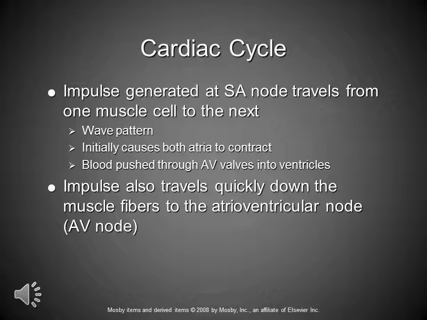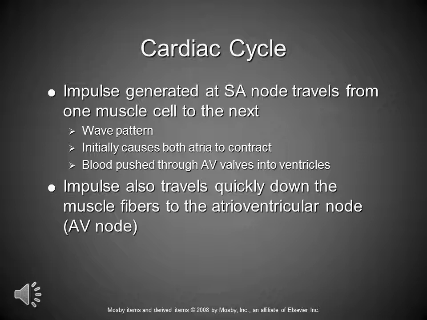So the right atrium actually contracts just a little bit before the left atrium, because it takes a while for the impulse to travel that far. All the atria contract, which forces blood through the right and left AV valves down into the ventricles. The impulse also travels quickly down the muscle fibers, which act much like nerve fibers, to